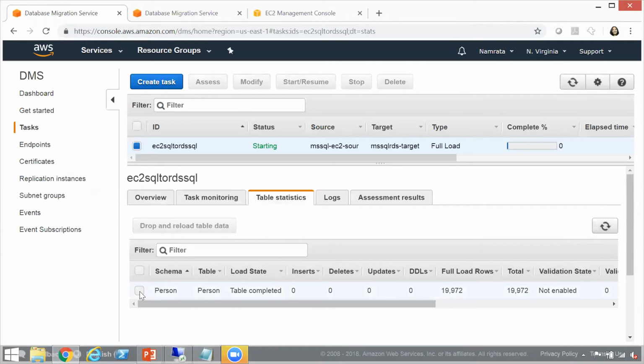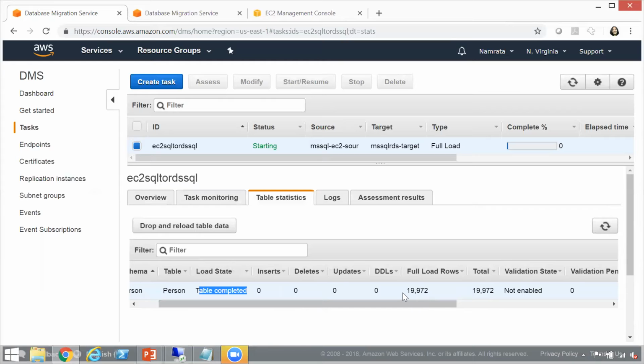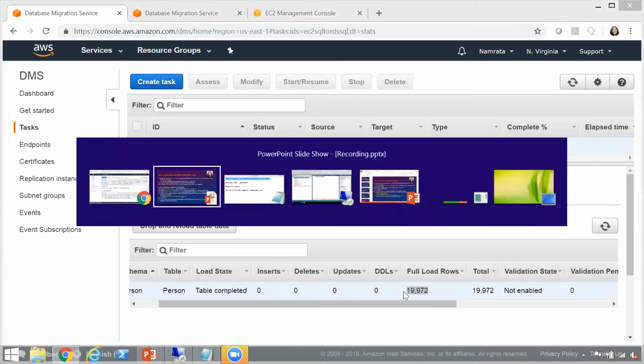Okay, so as you see, the schema name is person, table name is person. The table load has been completed, and it has gone ahead and loaded 19,972 records. And this was a number that we were expecting as well. So let us switch back to